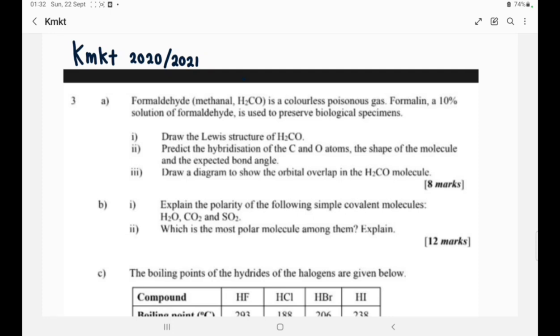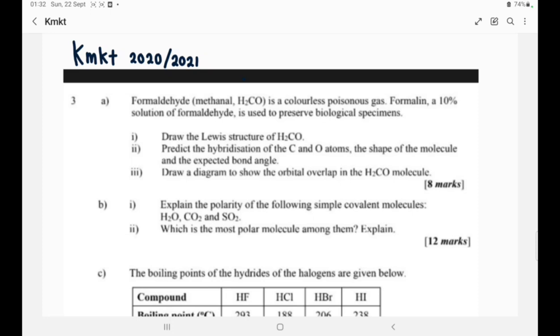We are going to discuss past year questions number 3, KMKT 2020-2021. Usually question number 3 is from chapter 4, which is chemical bonding. Okay, so we continue with